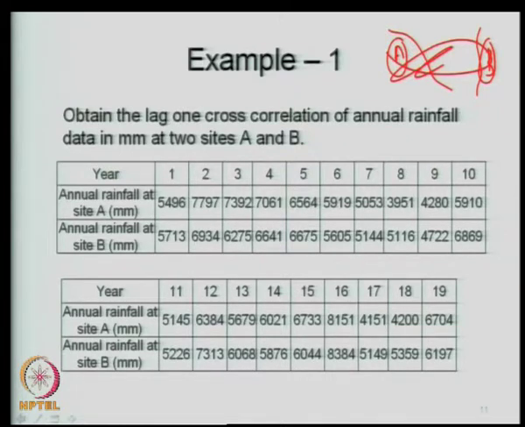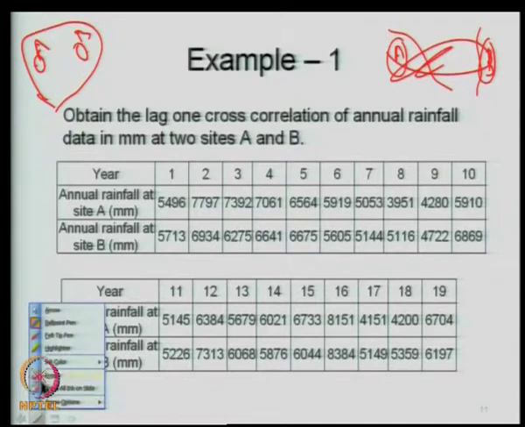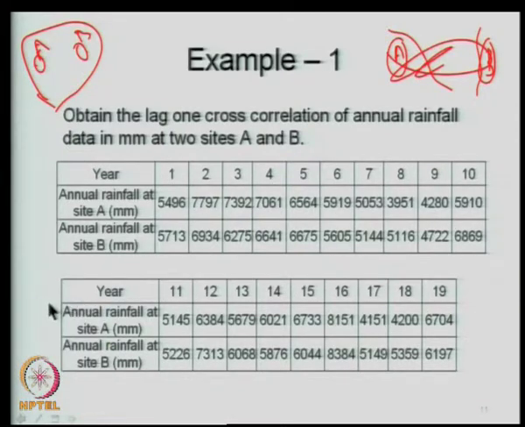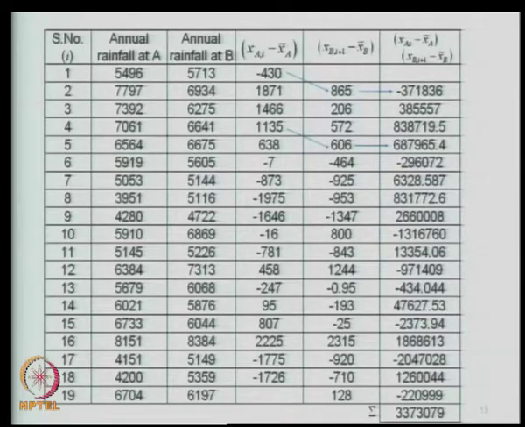You are looking at a watershed here and then there are two stations A and B, and we are interested in getting the cross correlations between the rainfall at A and rainfall at B. Even if there were flows, the procedure remains the same, but for this particular problem I am taking the rainfall at these two locations. So, this is the record available on the rainfall at A and this is rainfall at B. We have computed x bar A. So, simply take out x bar A from this. So, you constitute this series.